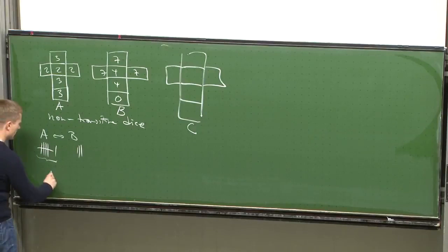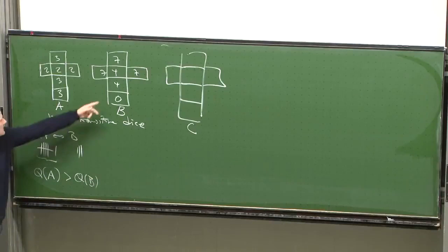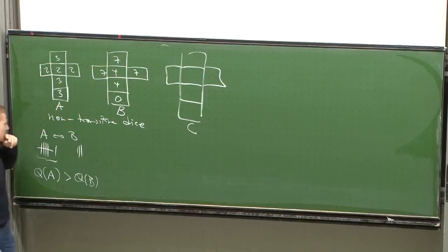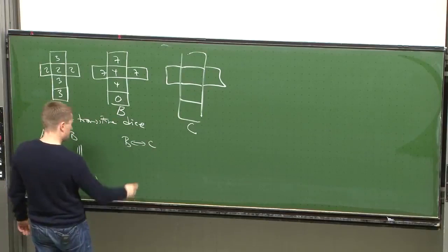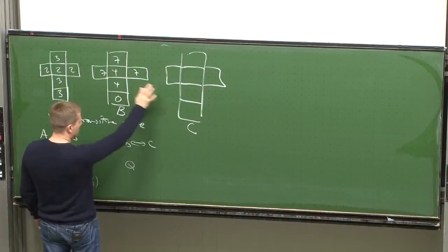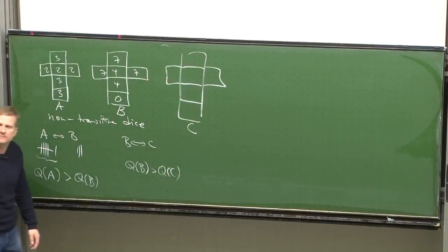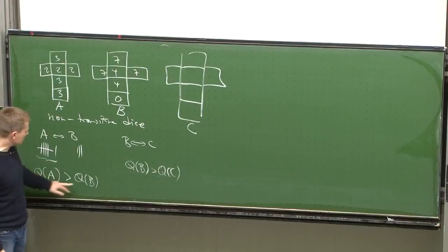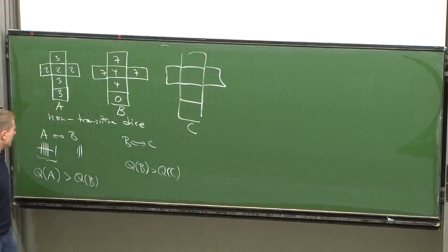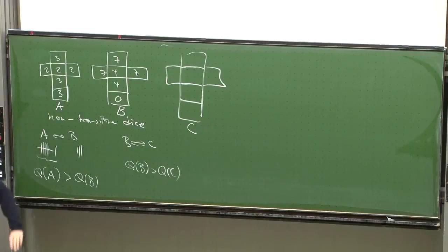In this case, you would say, well, A, the quality of A, Q of A, was greater than the quality of dice B. If you want to play against this guy, you want this dice. Now, you can then let B play against C, and it could turn out, with the right distribution of numbers, that the quality of B is also bigger than the quality of C. Now, if you look at this, you say, if dice A is better than B, and if dice B is better than C, then it makes sense that A is better than C. So A is the winning